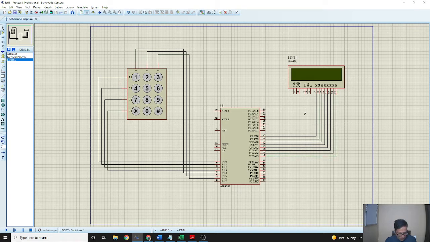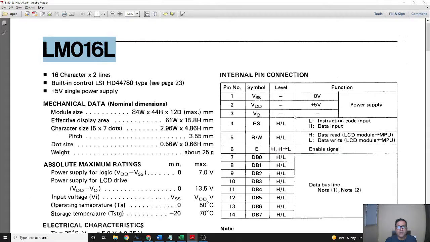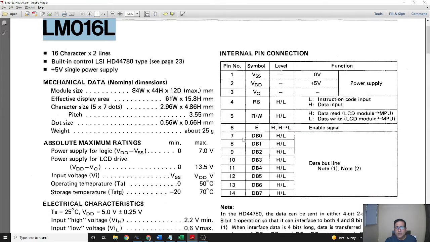Now we can see from the data sheet that the 7th to 14th pins are the data bus lines, and these three pin numbers 4, 5 and 6 are most important. If we give low to the 4th pin, it will give the instruction to the LCD, and if we give high, it will give the data input to the LCD.